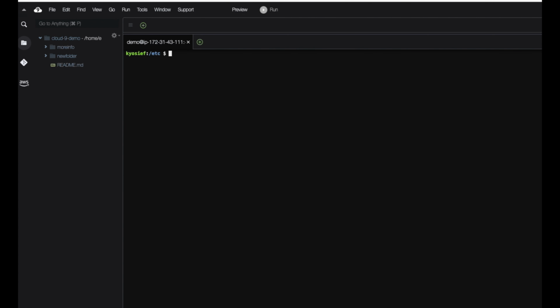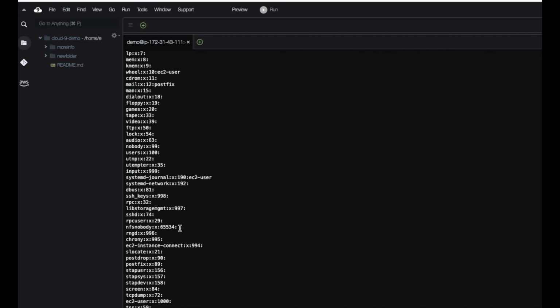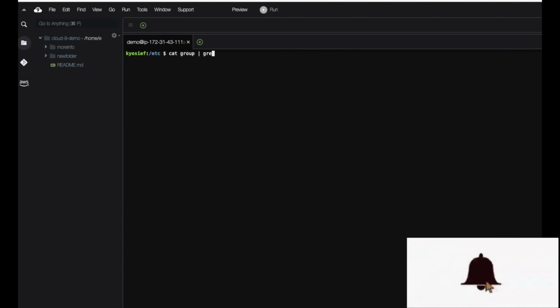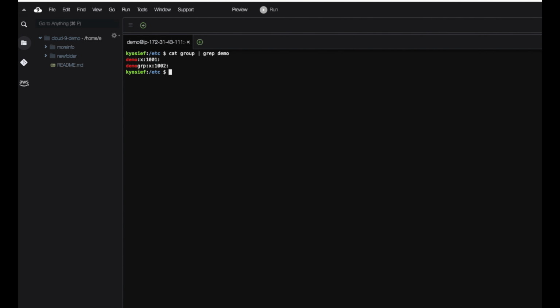The other one is the groups. In this group file as well, I should be able to see demo group. It's all the way at the bottom. Yeah, cat group, and grep demo. See,